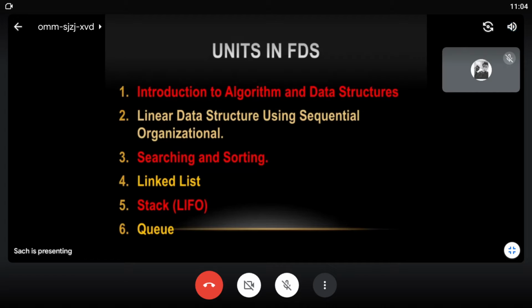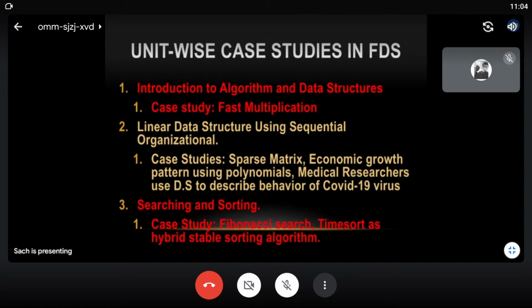Now over here, in every unit we will be discussing the case studies, which are defined after every lecture or every unit. So in every lecture we will have the case study discussions. That means you have to complete the case study. In unit 1 we have fast multiplication as the case study. So I recommend all of you that you can develop some tutorial for fast multiplication. You may have different notes on that.